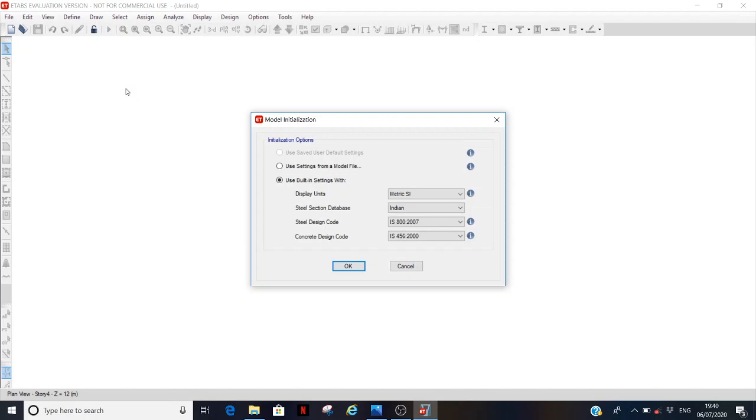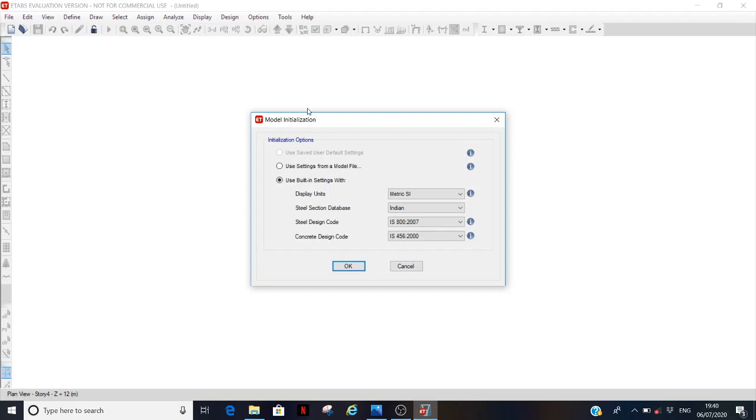After drawing, we assign the loads: dead load, live load, wind loads, cladding loads. After assigning the loads, the analysis is done. After completion of analysis, the design part can be done. So these simple 5 steps complete our work.